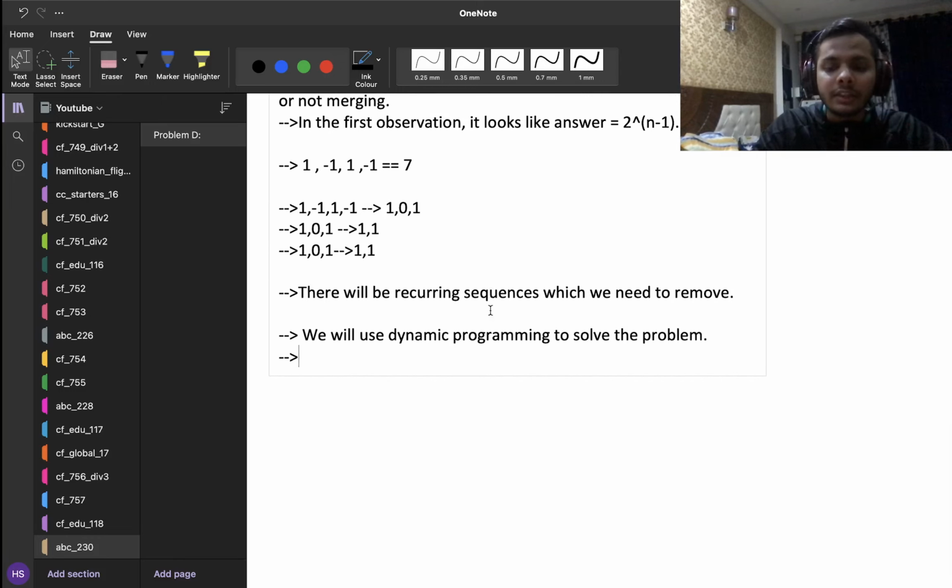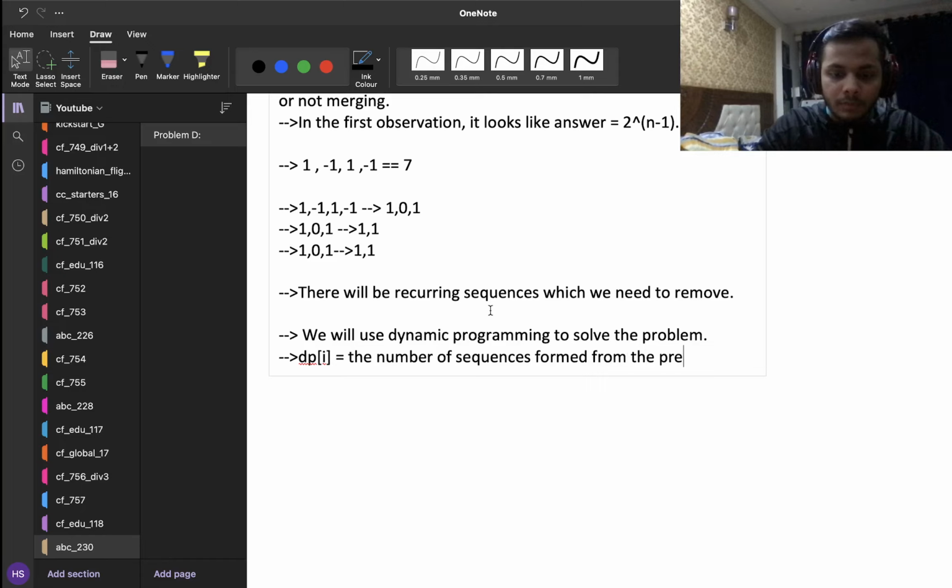If we denote by dp of i the number of sequences formed from the prefix of length i,